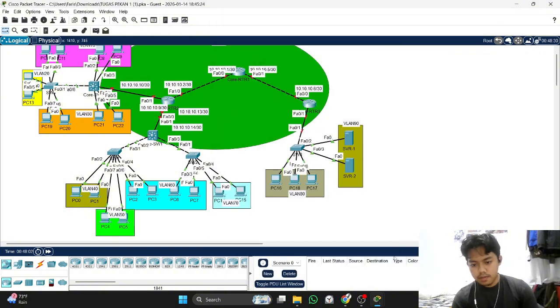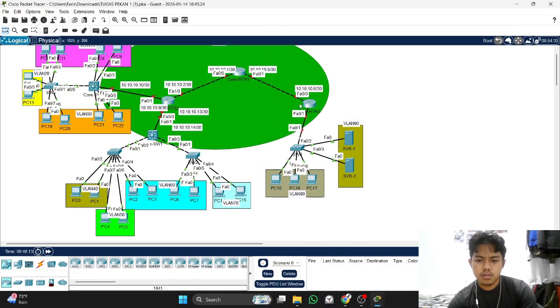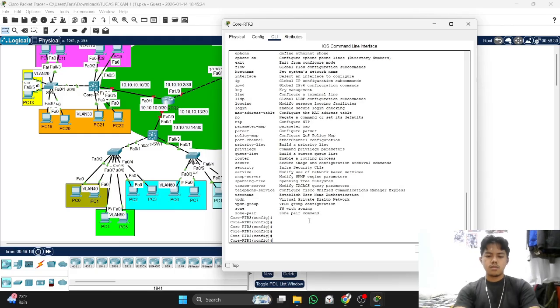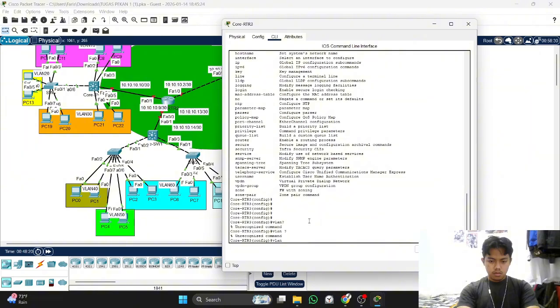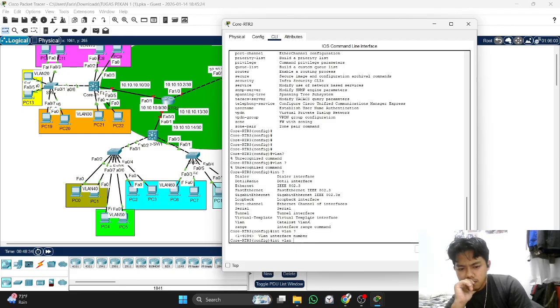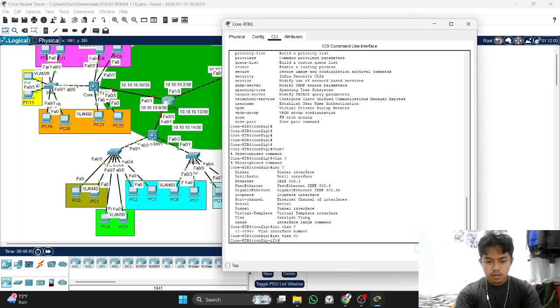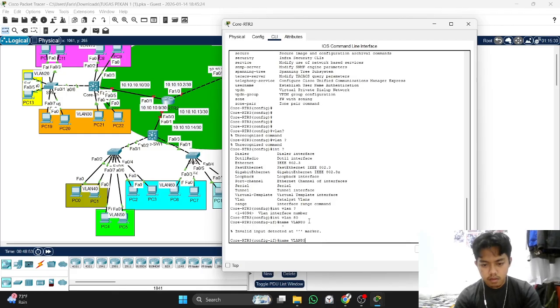Sorry. Create VLAN and set VLAN name on display. The first VLAN, VLAN 18. Name VLAN 18.